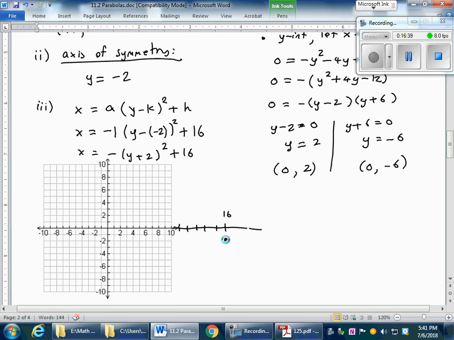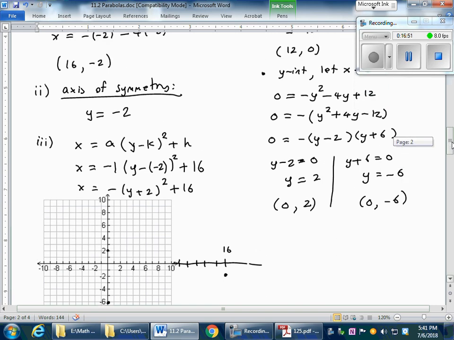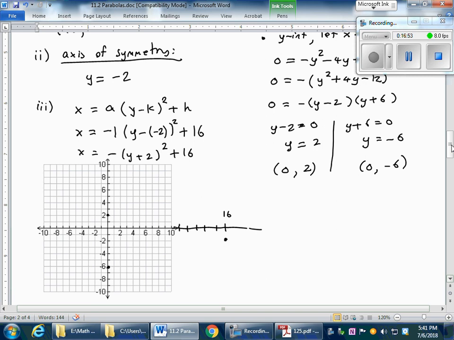And then I'm going to plug it in. My y-intercept is 0, 2, and the y-intercept 0, negative 6. And my x-intercept is 12, 0. So it'll be right here, 12, 0. So that will help me to graph my parabola, which is opening to the left, right? As I mentioned, opening to the left,